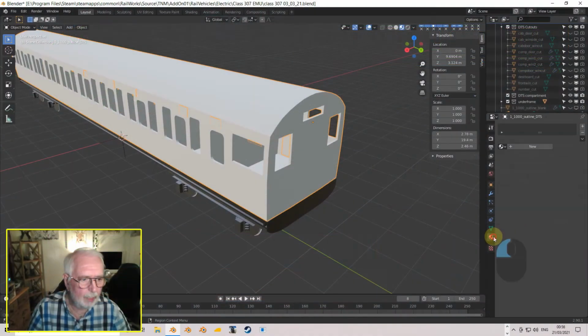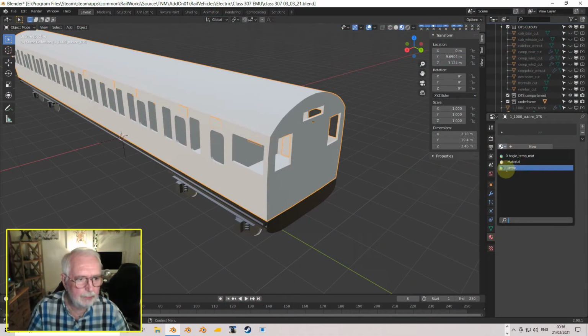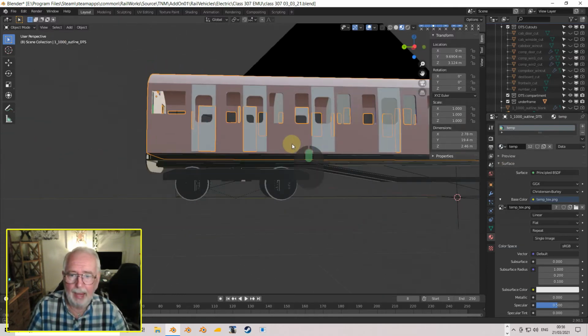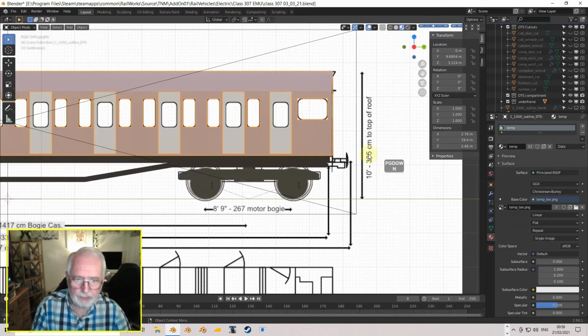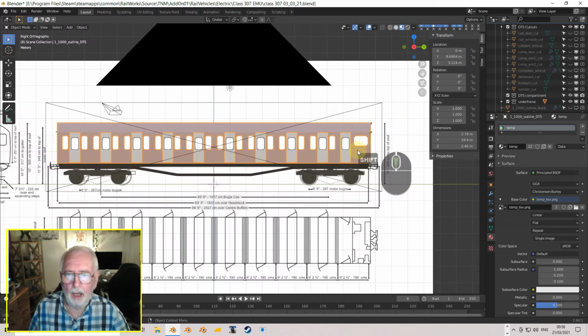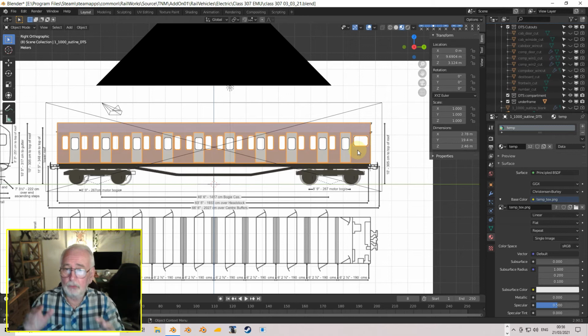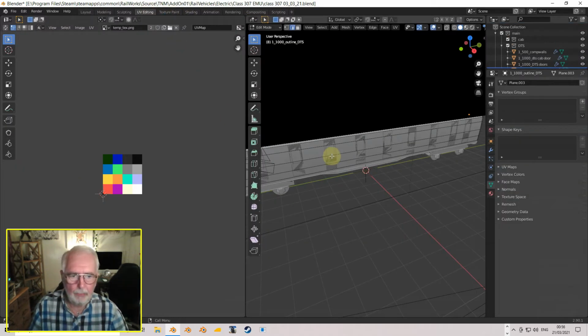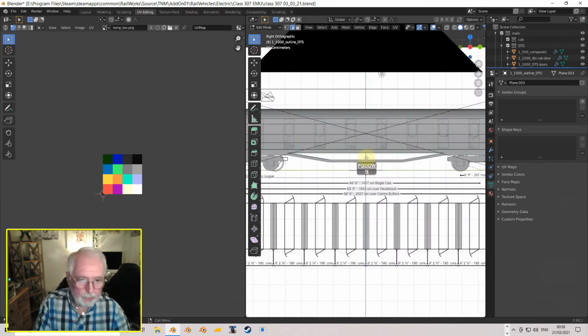Now let's go and start to put some texture on. So there we go. Let's add a new material, and we're using this temp material. There we go, and that's fine. Side on. Now some of these are going to have UV maps already on them. Don't think this will, because this was drawn out from a flat surface. So let's go to UV editing. There we go. Let's go side on in this view,